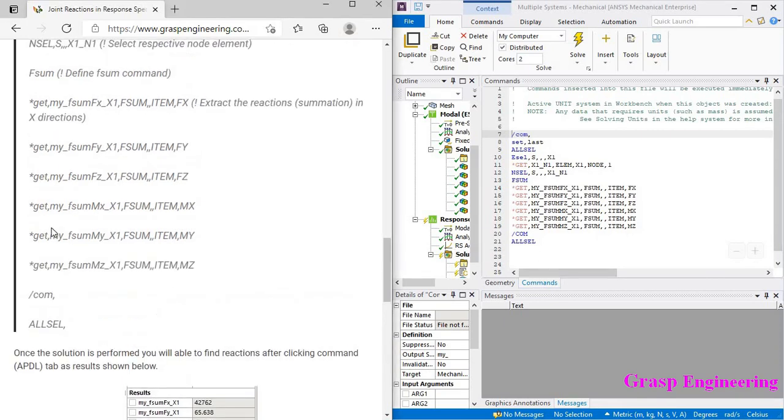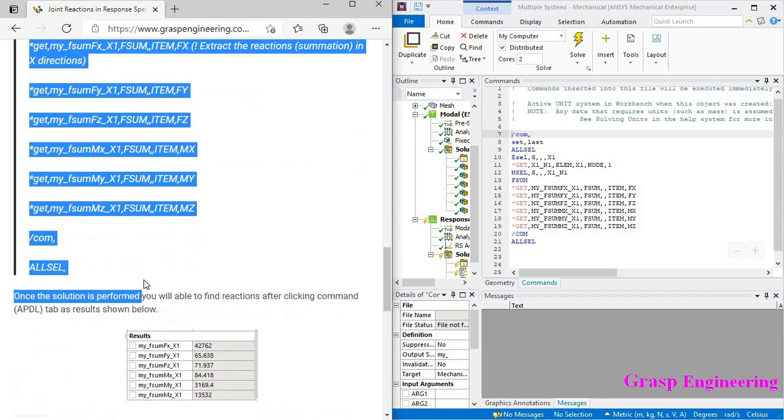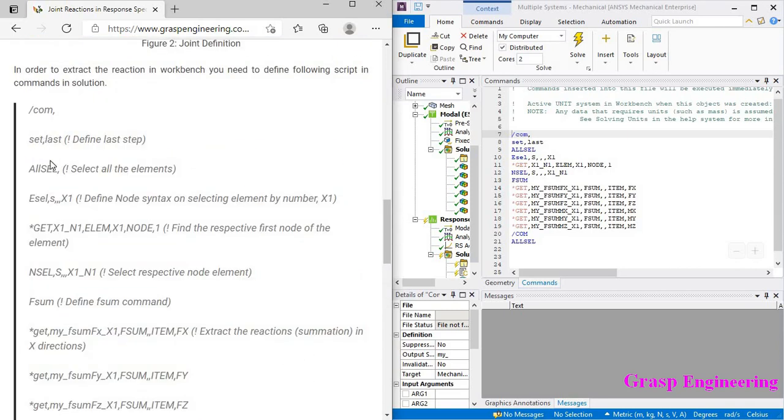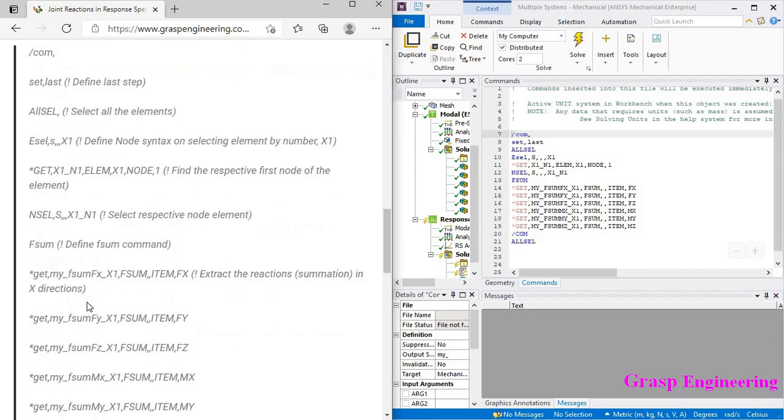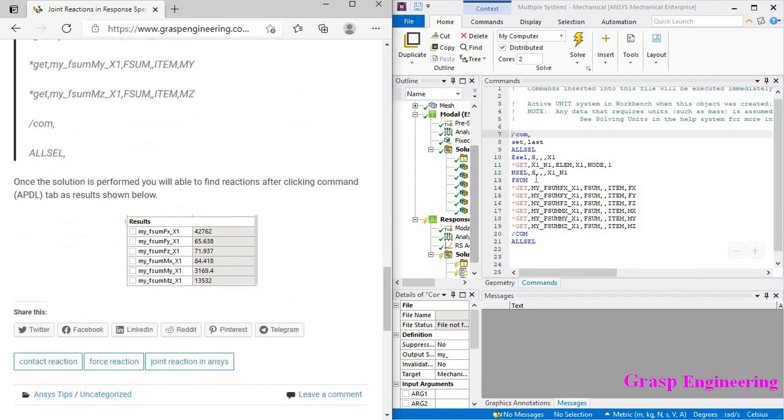Now if you see here, you can just follow all the steps. Now let's go set last all as e select s x1, then get and select fsum. Okay, now once your command script is written, you will find that at the reaction, so now we can see here my fsum fx x1, so basically this one.